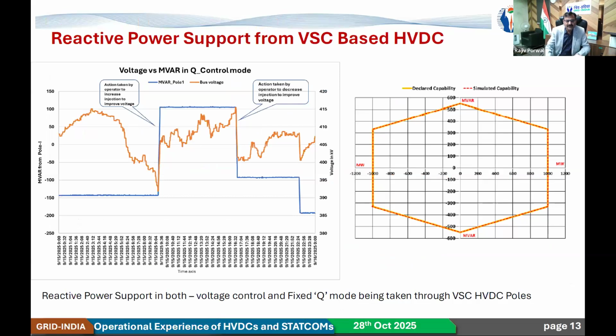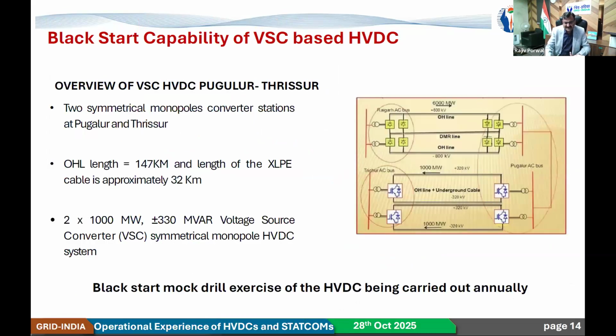So again, reactive power support from VSC based HVDC is something we have been utilizing. Very good that this is not related to the power flow, which is a constraint in the LCC. So VSC is definitely helping in that regard, in that each terminal can work as a separate STATCOM, or reactive power source or sink, as we wish. The black start capability of this symmetrical pole HVDC has also been utilized in both directions.